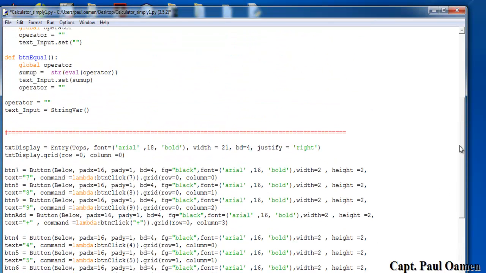So all that is left for us to do now is to enter a variable here. Variable equals text input, this very one there. Copy that and paste it right here and enter a comma. Yeah, all done. So if I run it,